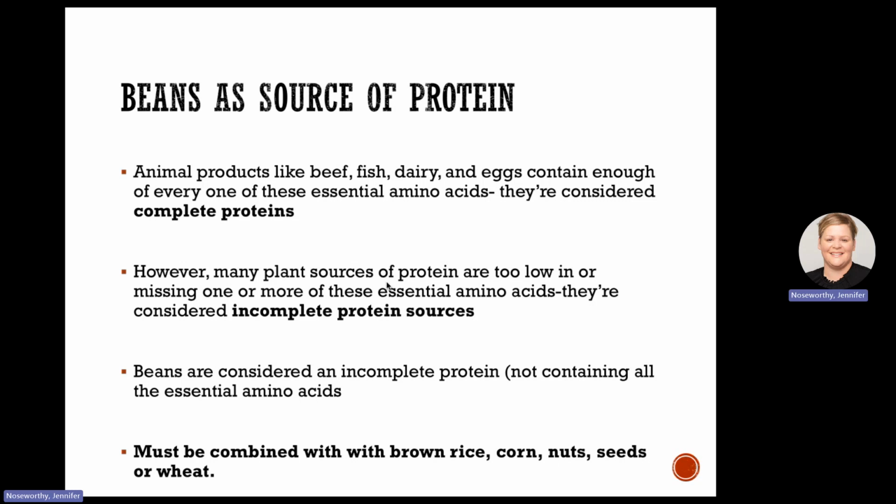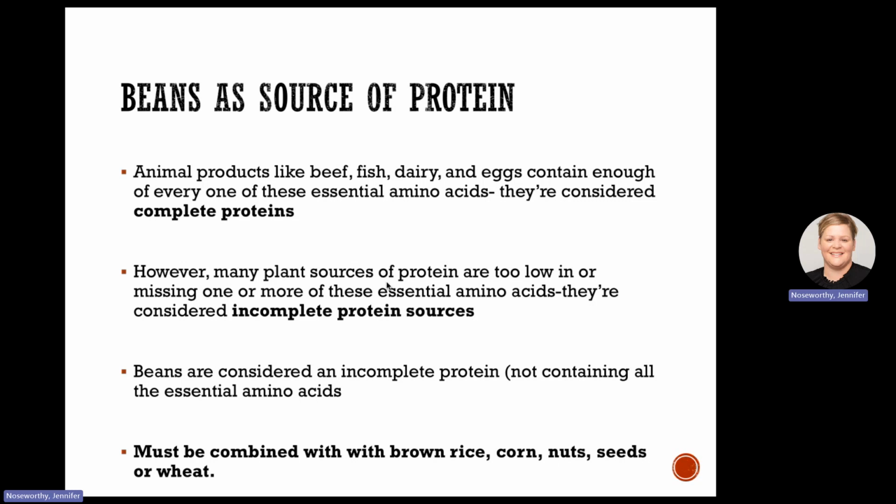It's true that beans are ones that produce many amino acids, and maybe even all the amino acids in some cases, but not in high enough concentrations, all of them, to be considered complete. So we would consider them incomplete sources of protein, such that they are not comparable to meat as a replacement. However, you can combine them with other sources of incomplete protein to create complete protein sources. And if you have a vegetarian or vegan diet, this is really important to consider.